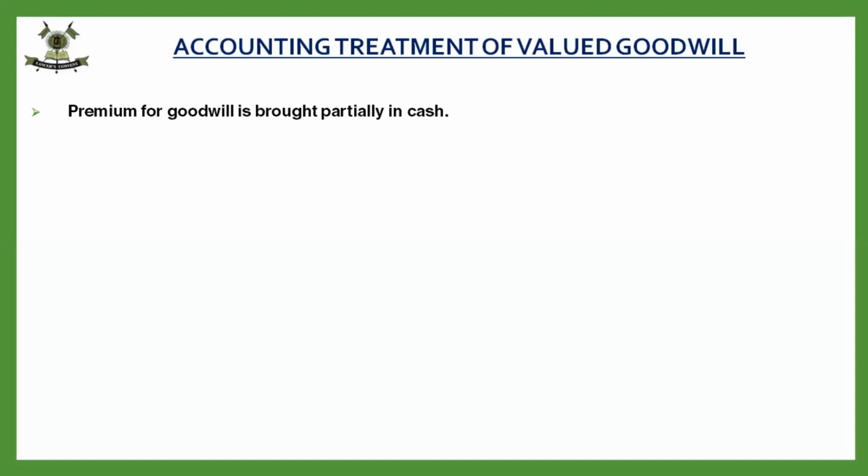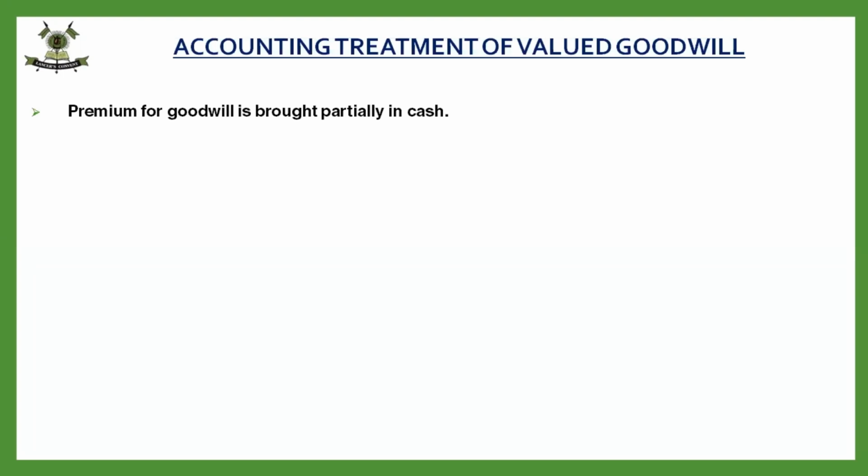Now, another thing is he might not be able to. Suppose a partner is being admitted for 5 lakh capital and 20,000 premium for goodwill. Fine. He had only 5 lakh with him and he's able to contribute only 10,000 out of the 20,000 that he's supposed to bring for premium for goodwill. So there might be a possibility that he's unable to bring the whole amount of premium for goodwill in cash. Fine. He's unable to bring his share of premium for goodwill in cash or in kind. It can be anything. He's unable to bring that.